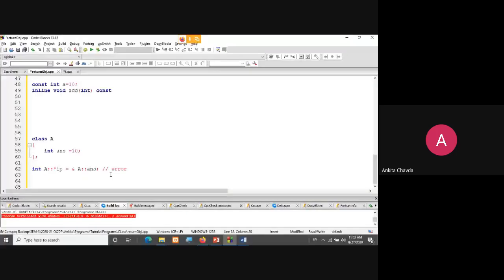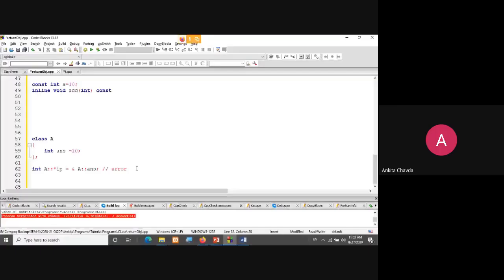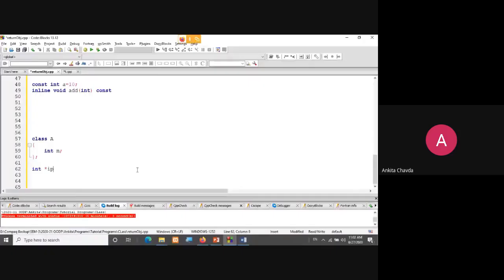Yes or no? Here say suppose I'm having integer m. So how can you write now? In my normal way, integer pointer IP, I'm again repeating this thing. So if you are still not paying attention, integer pointer IP equals m%. This is my normal thing. If this integer m is not part of your class A, you can write like this.